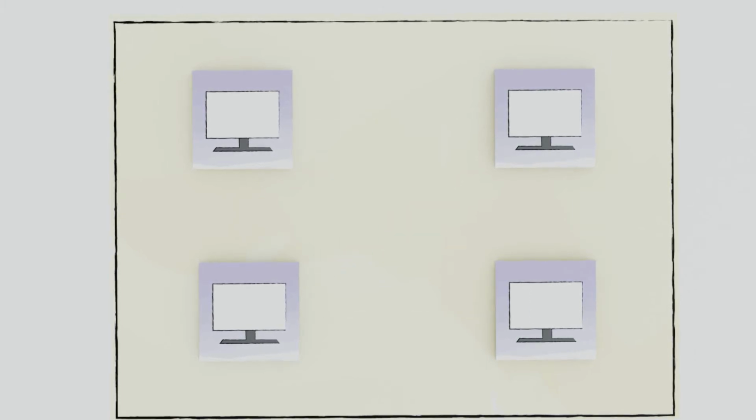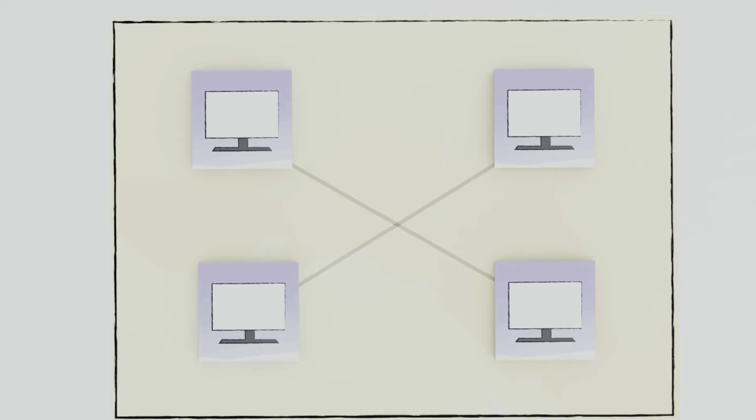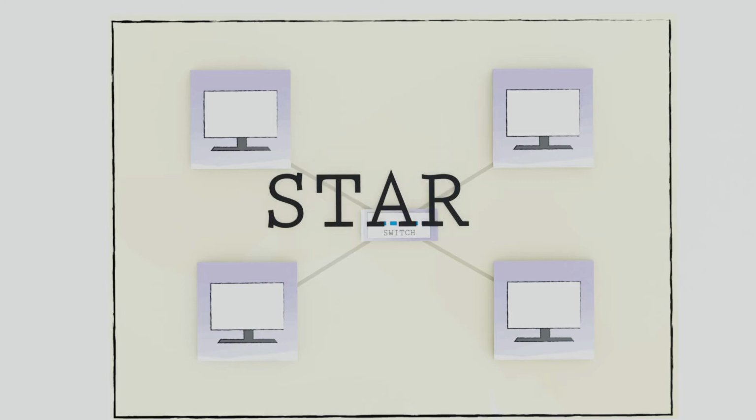Finally, a star topology is when all computers are connected to a central point called a hub or a switch, forming the shape of a star. A hub or switch accepts signals from a sending computer and delivers it to its destination computer. Hubs and switches are distinct from one another. Whilst the job of both is to pass signals around the network, a switch knows about the computers connected to it. A hub doesn't, and simply sends each signal to all computers connected to it